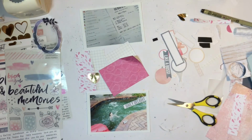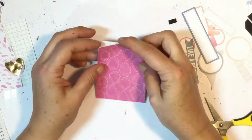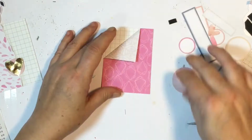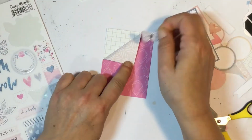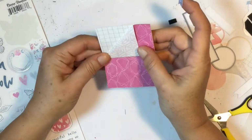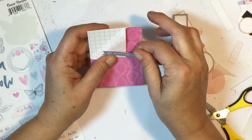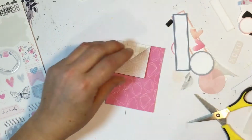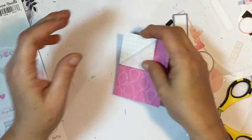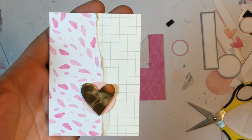Now since I did this a few months ago, this has become one of my absolute favorites to do, and it's to roll the corner over. So I put a bit of that grid card underneath, and I'm going to roll the corner over, and I'm just testing a few things out because when I'm making the spread, I like to add a little embellishment where the fold meets the pattern paper. And I was lucky on this instance that the back side of this card was a light pink. If it had been a color that I wasn't happy with, I would have just grabbed another scrap bit of pattern paper and covered that bit that was going to show. So just gluing it down, and I do get my mini stapler out and just staple that down, and that is done. So as I said, I only had a tiny bit of journaling about each of these photos,